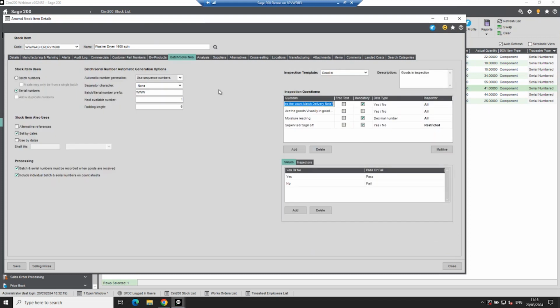And on quarantine, we have taken it a step further than most. So we have inspections, so you can have different inspection questions that can be defined on the stock item level. And some of the questions might be mandatory that you have to answer. Some of them might not be. Some might need the supervisor sign off. So there would be a restricted type of inspection question,